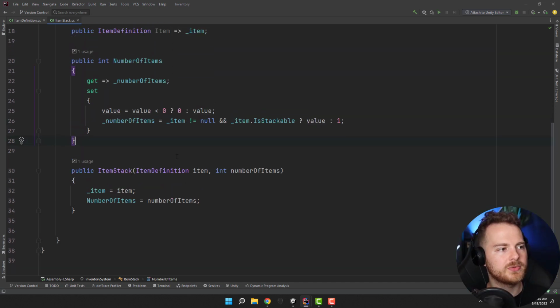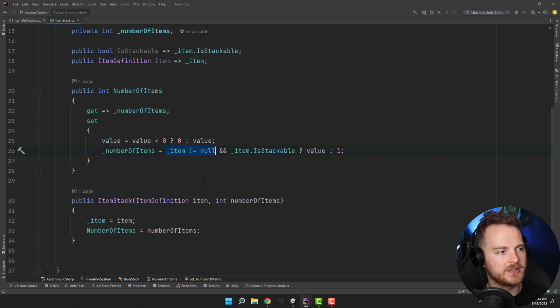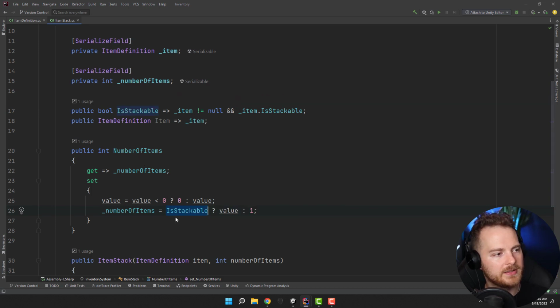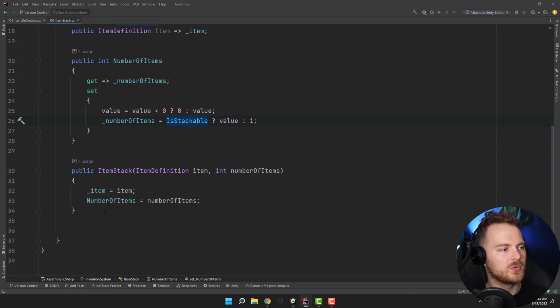Okay, now I just realized that we are checking here if the item is not null, but we don't do it in our property is stackable. So let's add that, and then let's replace this whole statement or condition with that. This is much cleaner. Now we'll want to add one extra constructor,